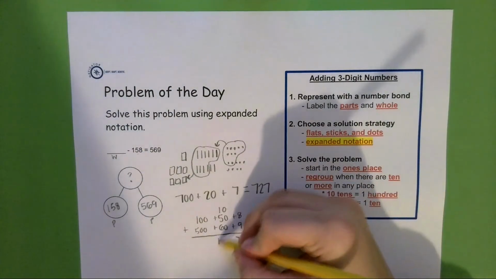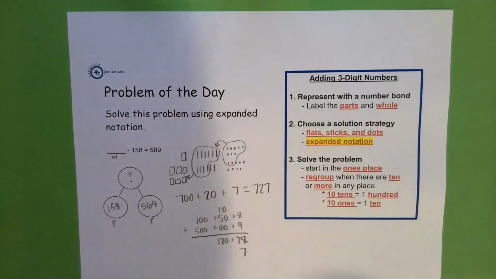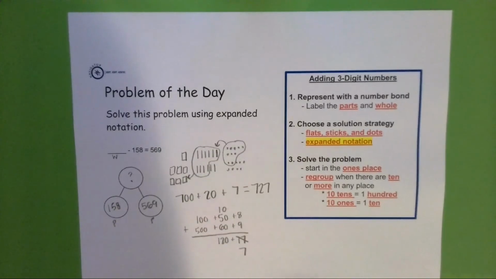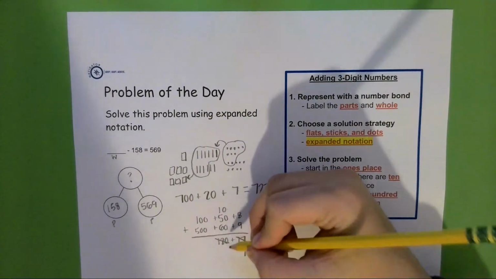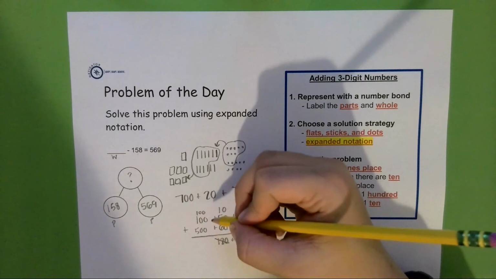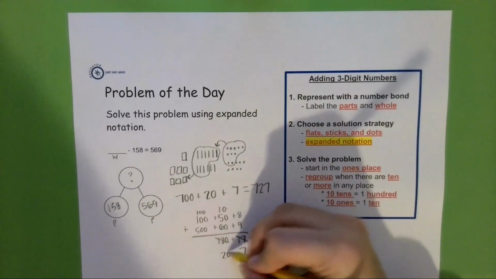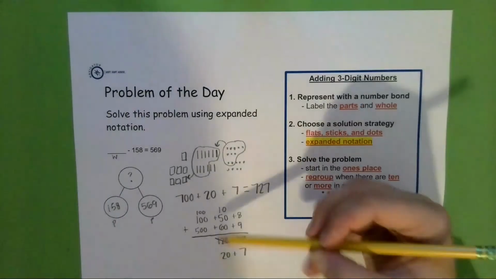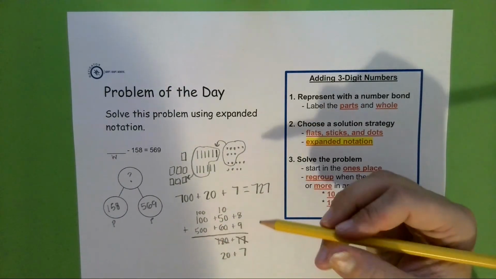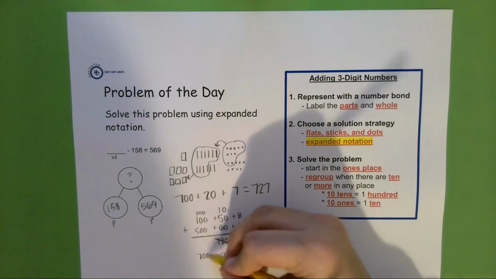Right, 120. What do we need to do now and why? Say it out loud. I bet you said we need to regroup 10 tens into 100 by crossing off 120, writing the new 100 in the hundreds place, and keeping 20 in the tens place. Because we had 10 or more tens in the tens place. Nice work. Now let's add our hundreds. 100 plus 100 plus 500 is? Good, 700. So our answer is